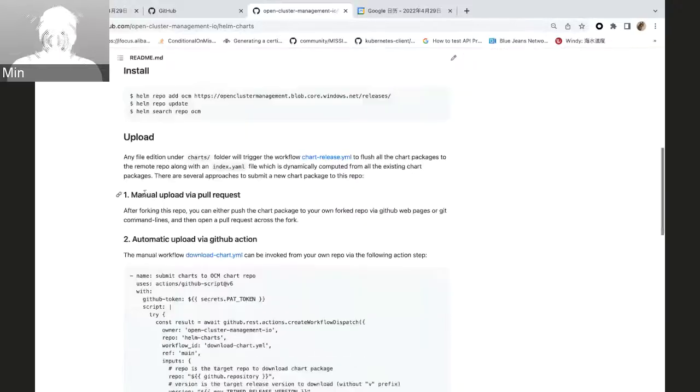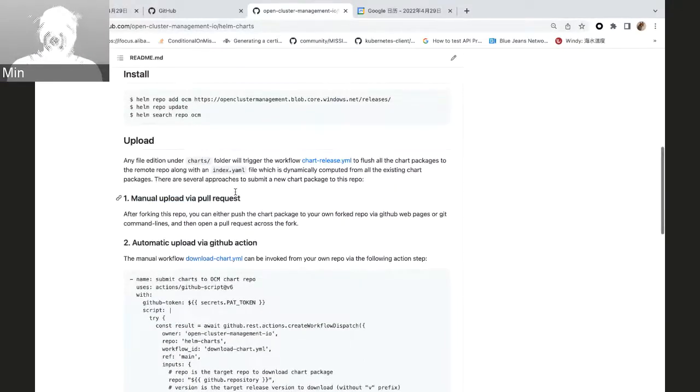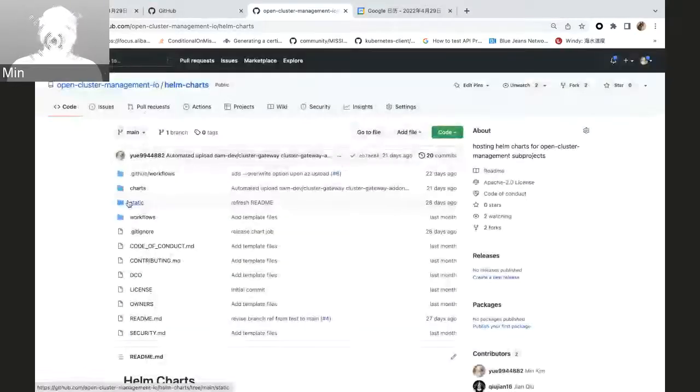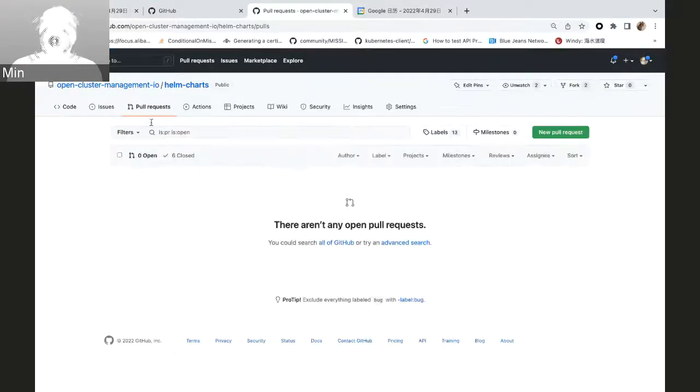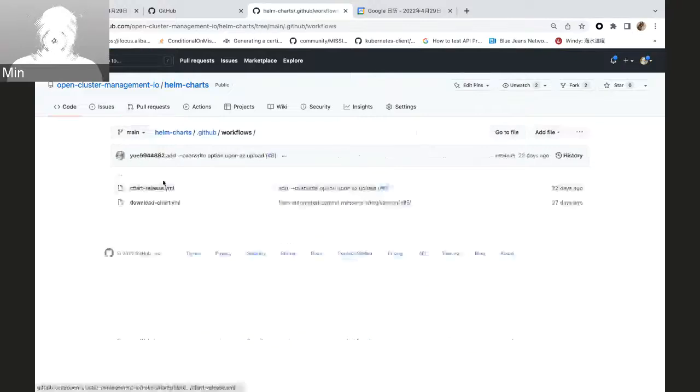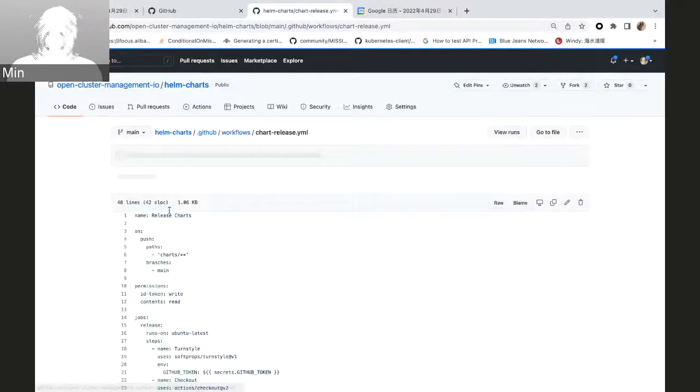One is to upload manually via pull request. So intuitively you can just clone this repo and git add, then just open a new pull request to this repo, which will trigger a post commit workflow, which is